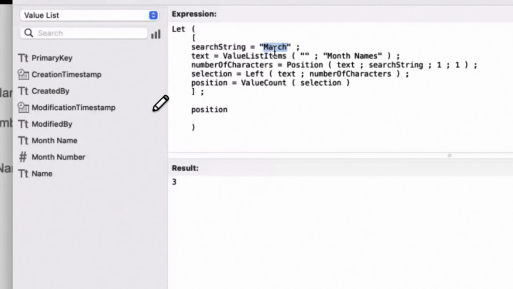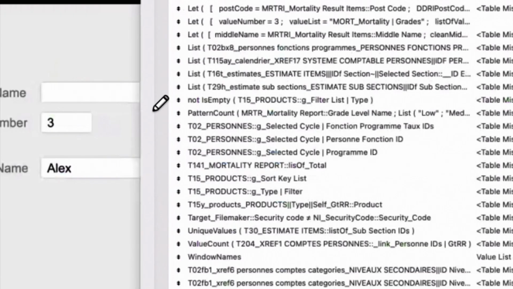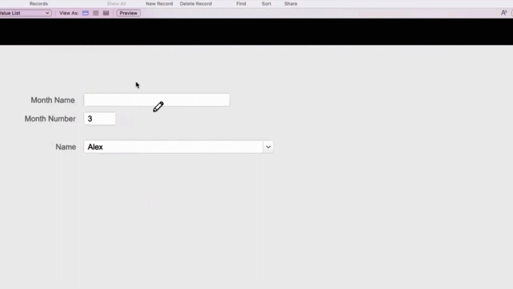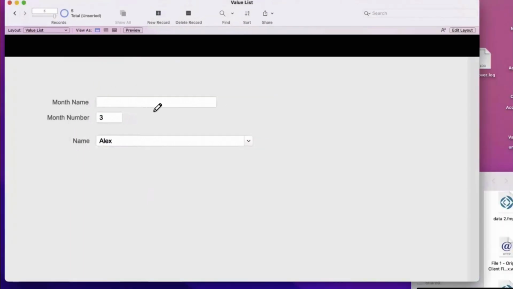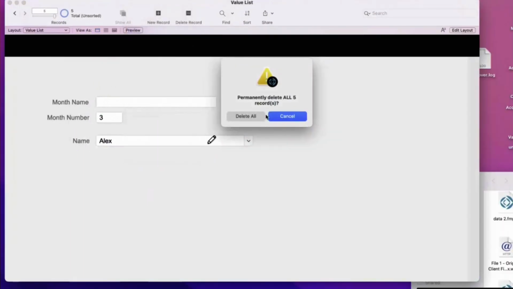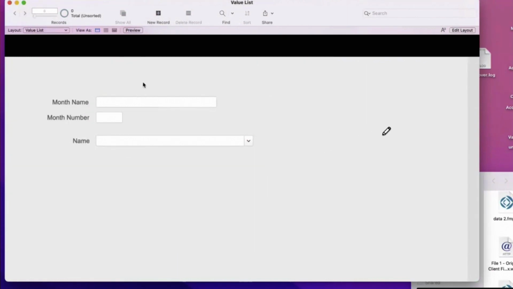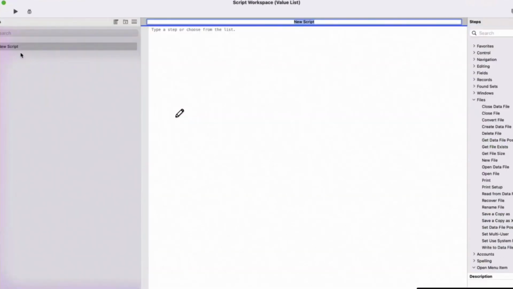So now I want to show you something very cool. I'm going to build it in front of you, because I do that often. Let's delete all of those things. I want to create 12 records with the names of the month in the month order. But I want to create it in a lean design way.